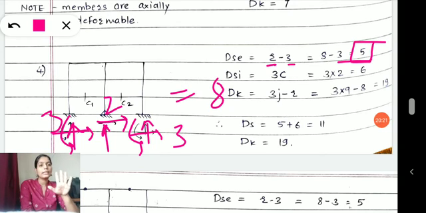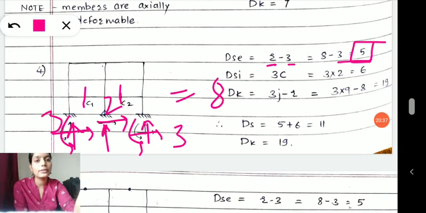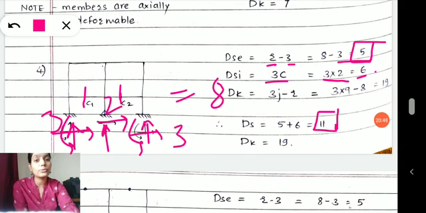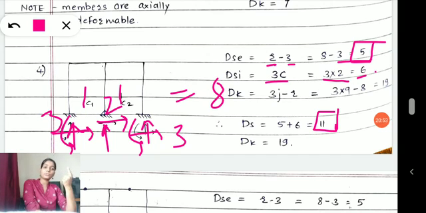5. Now internal indeterminacy. Internal indeterminacy will be 3 into the number of cuts required to turn my closed configuration into an open configuration, right? And for that, how many cuts do I require? 1, 2. So 3 into 2 will add up to a value of DSI equal to 6. Now total DS goes to 11. So the degree of indeterminacy has reached 11. It means that 11 extra unknowns are added into this structure.